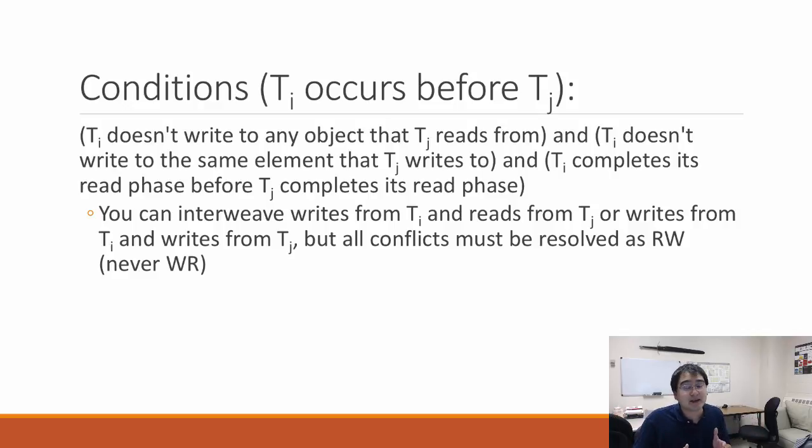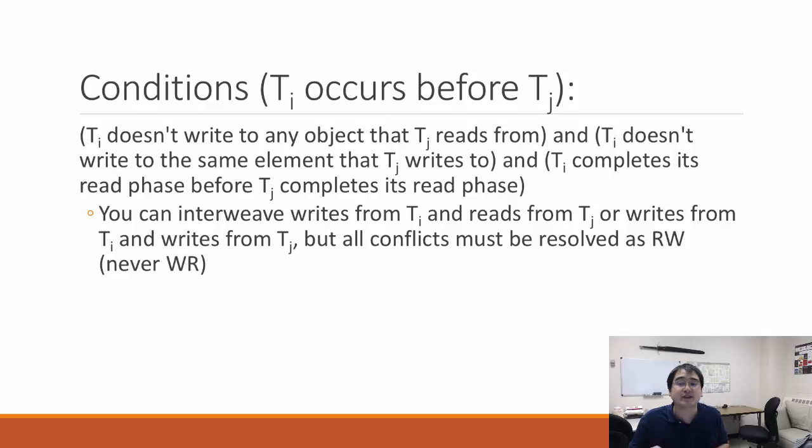And this means that if both of these elements come true, transaction I can complete its read phase before transaction J can complete its read phase, because now we have even the most stringent criteria here that says, okay, transaction I doesn't write any data that J needs to read, so that we don't get the conflicts from